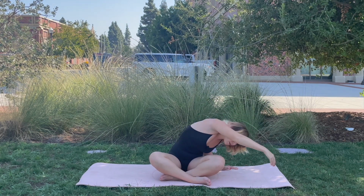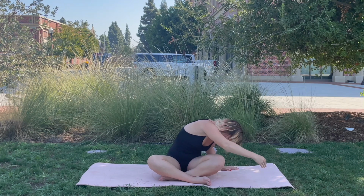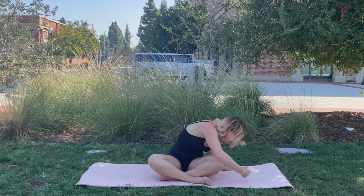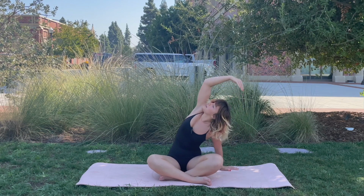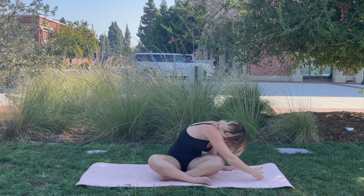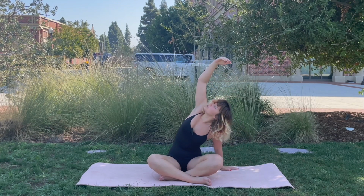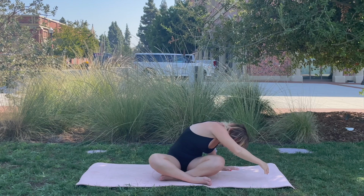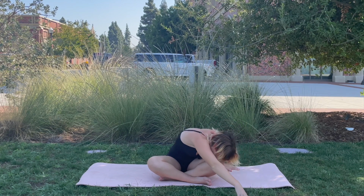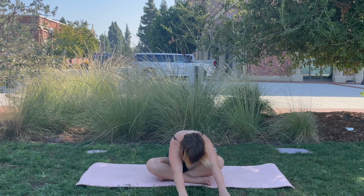You can go lower. You can try and find a little roll here. Maybe you roll and face your heart towards the mat this time, and then come back up on the inhale and reach it towards the sky. Maybe you exhale, you reach it towards the mat. Inhale, up towards the sky. And once you find that you've hit that perfect spot, you can roll in towards center, walk your hands towards